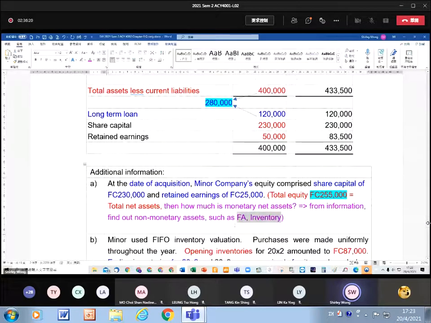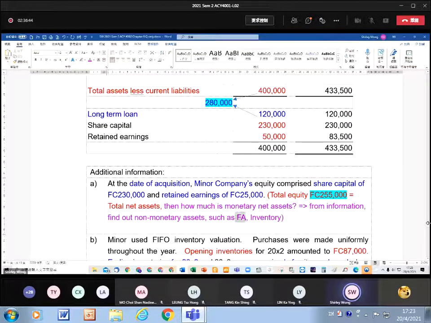And then we need to find out at the beginning how much is the fixed asset and how much is the inventory. And then you can calculate how much is monetary asset. 咁我哋知道 total net asset 咧就係255000。如果我哋能夠知道 total net asset 入邊255000有幾多係 fixed asset，有幾多 inventory 咧，剩低嗰啲就係 monetary net asset 啦。咁我哋就會用呢一種形式去計咯。So how much